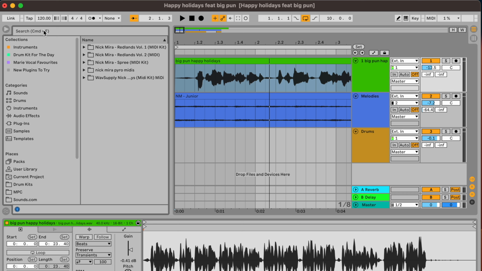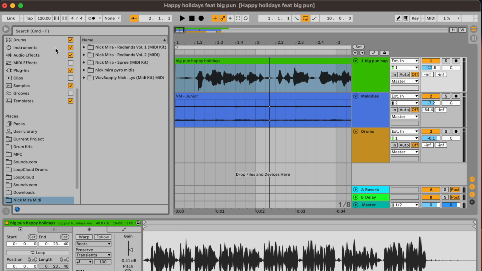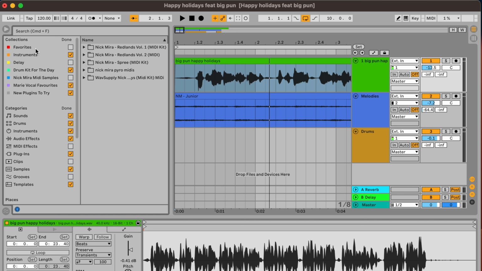So what we're going to do is we're going to look at collections. So you can click on edit and you can make certain collections. So let's say, for example, you want to make, you just right click and you rename